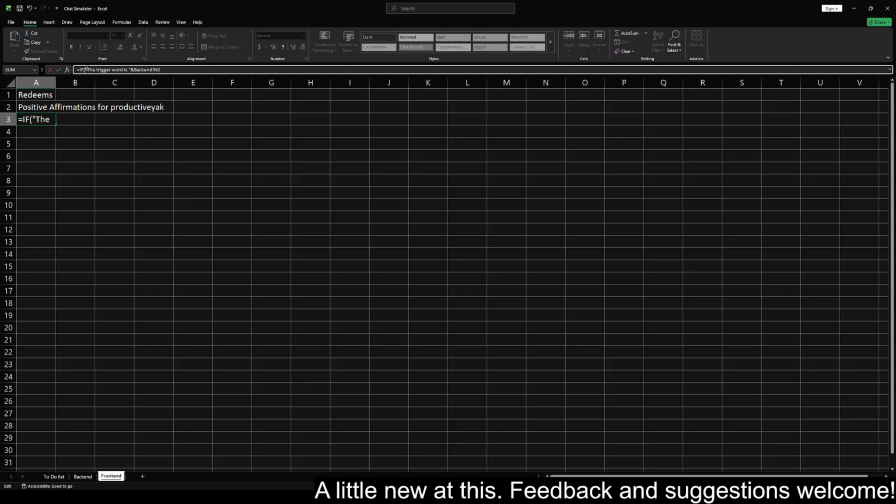So if, well, we gotta do backend exclamation point in 2 equals